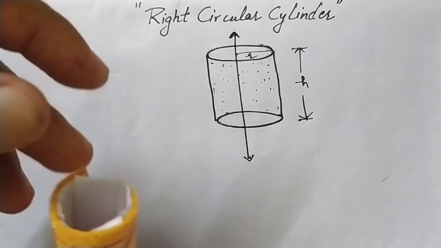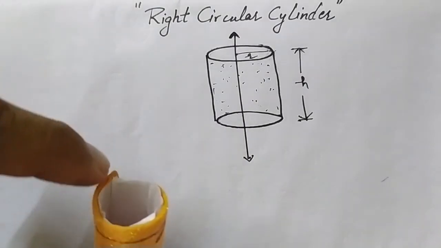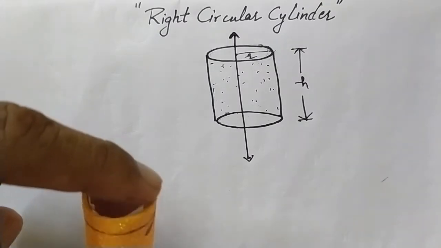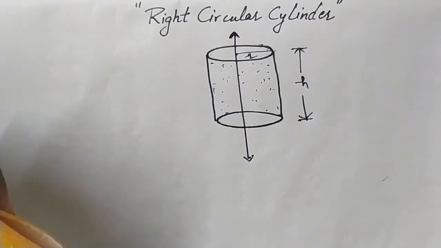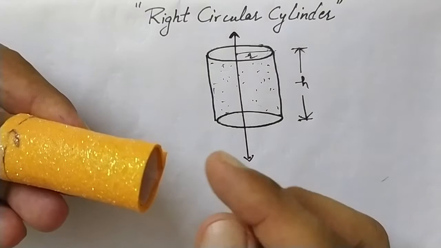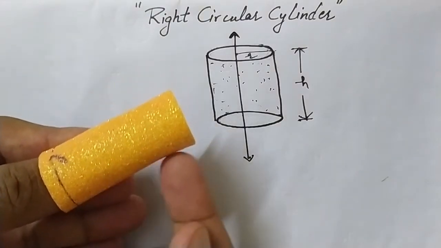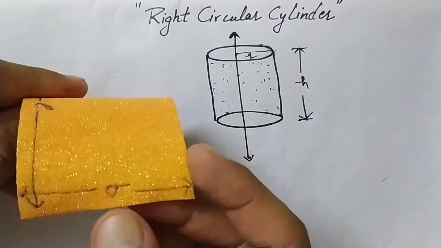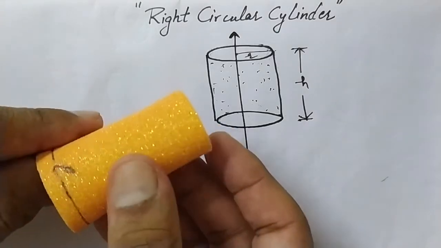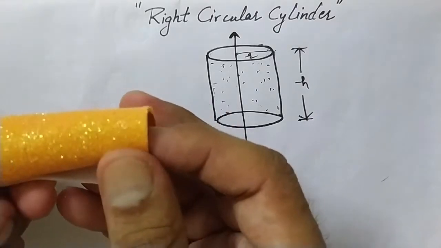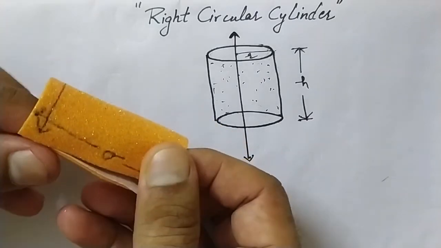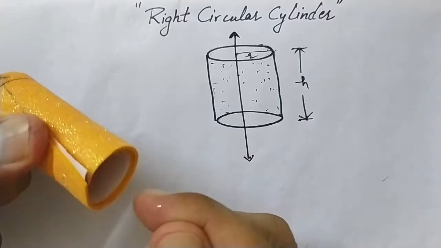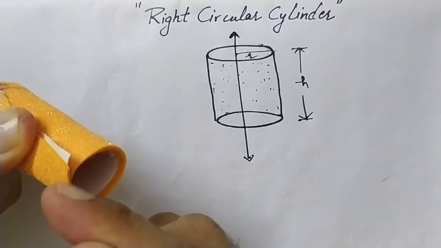Now you can see that in the cylinder, this is the length of that rectangle. Now it is becoming the circumference of the circle. This is 2 pi r, the circumference of the circle, right? This is now the circumference of the cylinder, and this is the height. So the breadth earlier is now the height. You can see the breadth has changed into the height of the cylinder, and the length is becoming this circumference, that is 2 pi r.